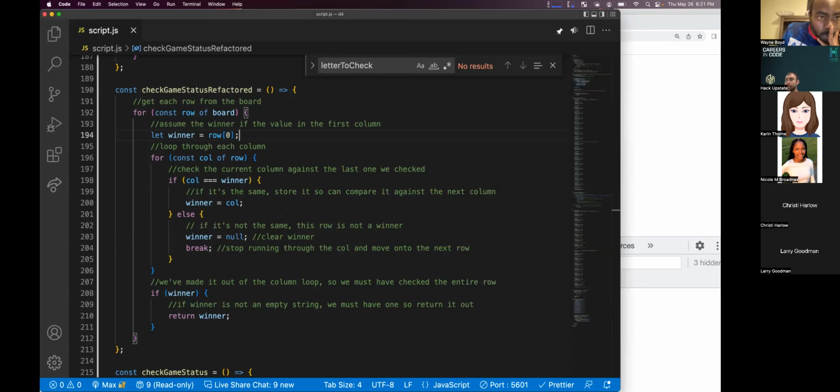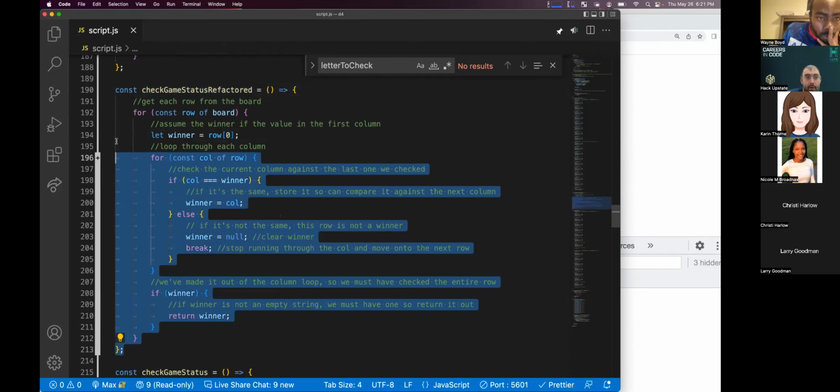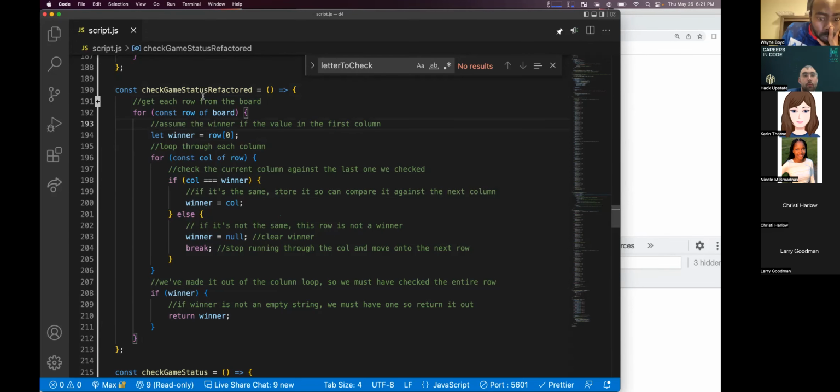You updated, because my code is a little different, but you updated the constant number between. This is a whole new function. So you took that out and then you put that. We didn't take anything out. All we did is create a new function in here called check game status refactored.